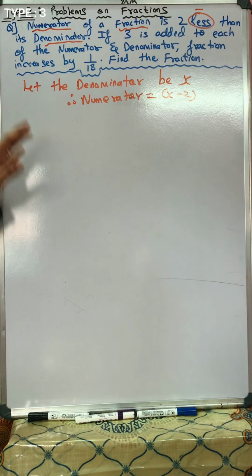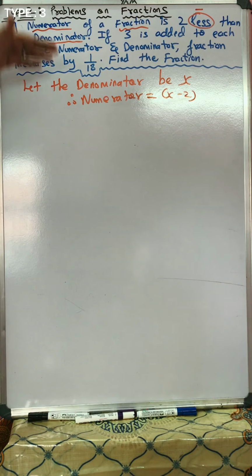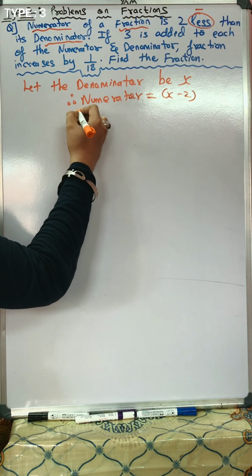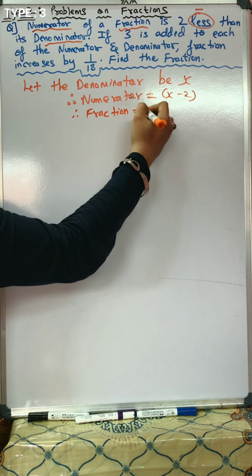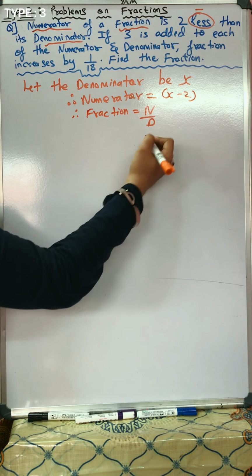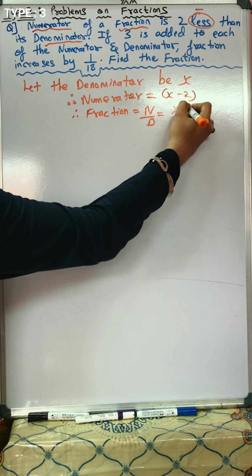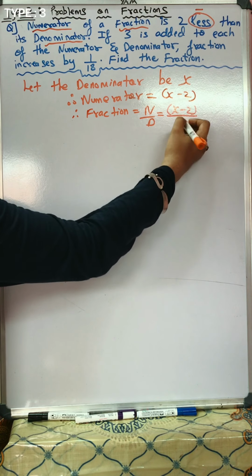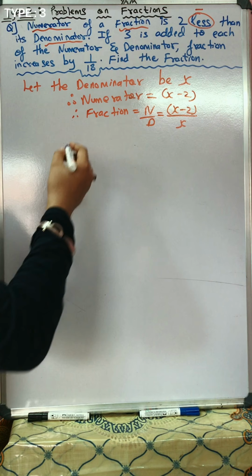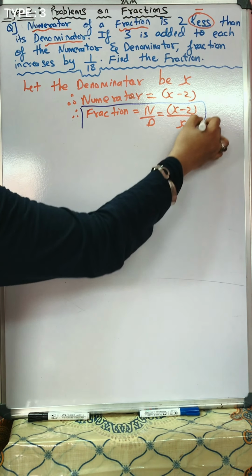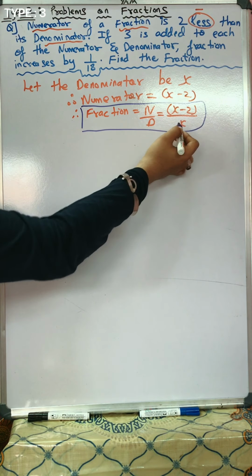Now please remember students, whenever there is a question on fractions, always at the initial steps you have to write the original fraction. Therefore a fraction will be what? Fraction is made up of numerator upon denominator. Capital N for numerator, capital D for denominator. And our numerator is what? X minus 2. Upon denominator is what? X. Yes students, yes. We got a numerator and denominator. So our fraction, our required fraction is what? Numerator upon denominator. Our numerator is x minus 2 and denominator is x.